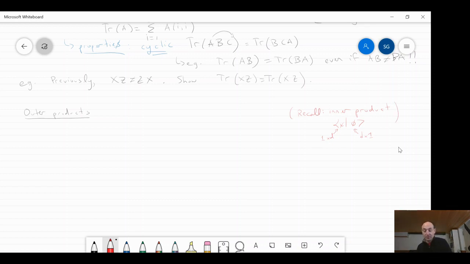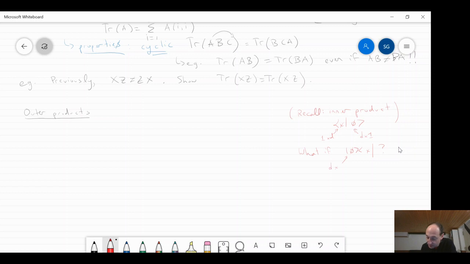Okay, but you're all scientists here, right? And so as a scientist, you should ask, okay, let me start tinkering with this thing and see what happens. So what happens if I instead write this? Oops, sorry, let's get rid of this funny angle bracket. What happens if I write them in the opposite order? Is this even well defined?